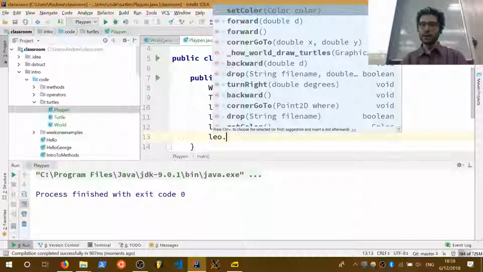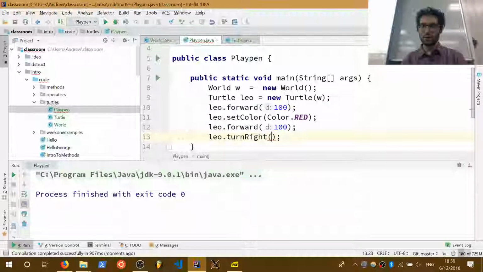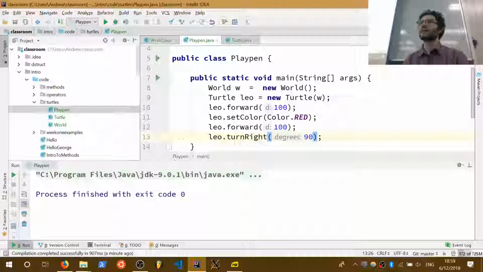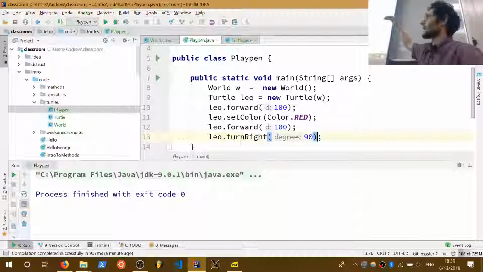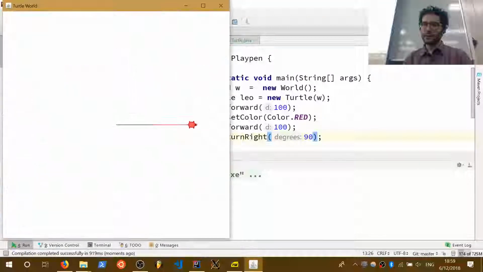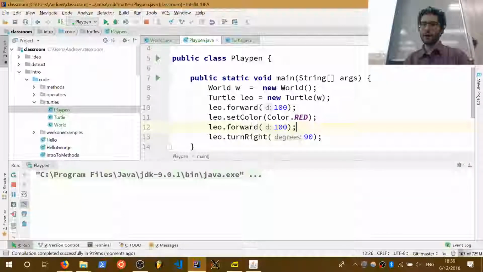Leo dot turn right. So I can make him turn right. And this is the only bit of trigonometry or geometry you're going to need to know, which is how many degrees are in the circle. So when I say turn right 90 degrees, he was going to the right, and now he's going to start going down. This will angle him. So now notice that he's turned face down. And now if I tell him to move forward a bit more,